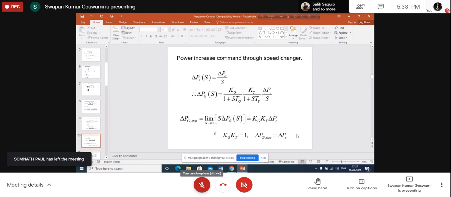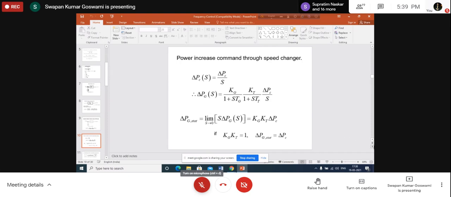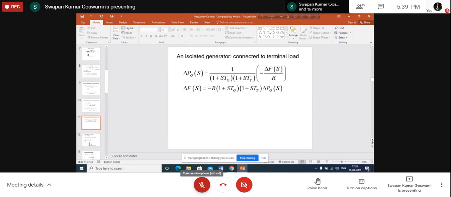Now, for understanding the behavior of the governor. What the governor is doing here: you have changed the speed changer position of the governor. As a result, the governor has changed the output of the generator. This is how the governor is operating. Now, consider the other extreme operation. What is that other extreme operation?